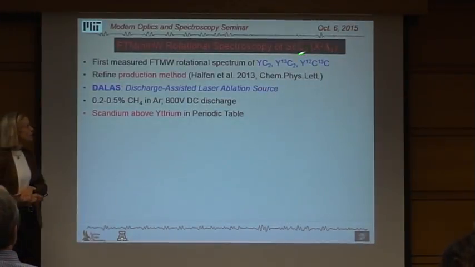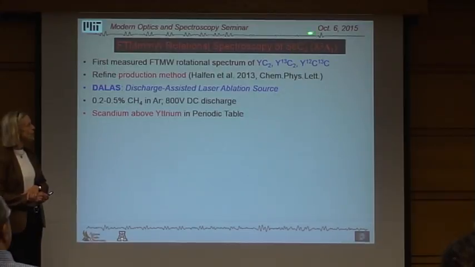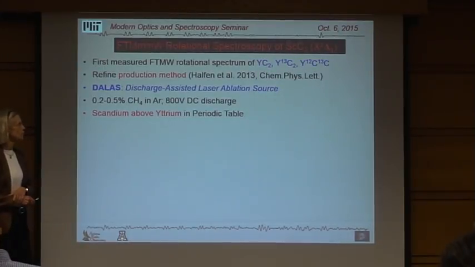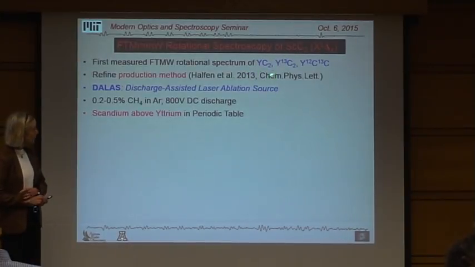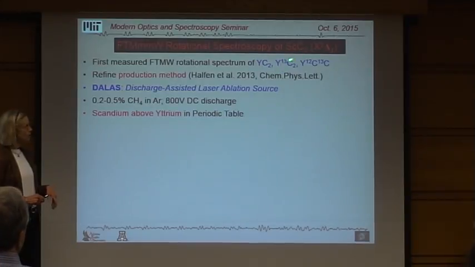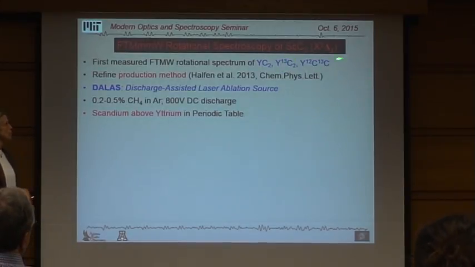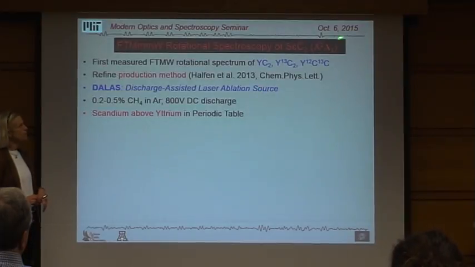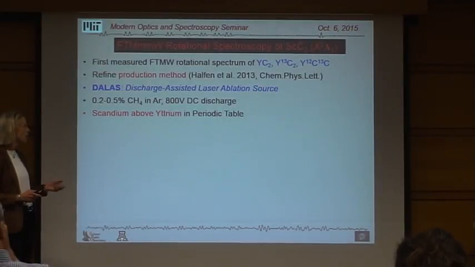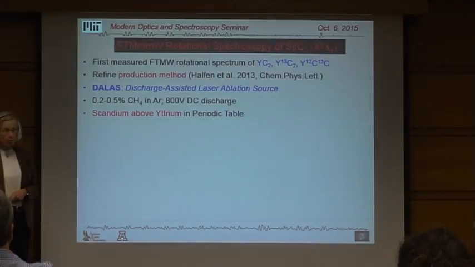So we didn't just start with scandium. We weren't even sure if we could make these sort of molecules. And so the first project we did was to look at yttrium dicarbide, which had been done, like I said, optically, and there was some MODR spectrum from Tim Steimle, just sort of see if we could make these things in the first place. And we also did the first carbon-13 substitutions on this molecule to get a better structure. And this enabled us to refine the production method for at least a few dicarbides. And what we found critical in making